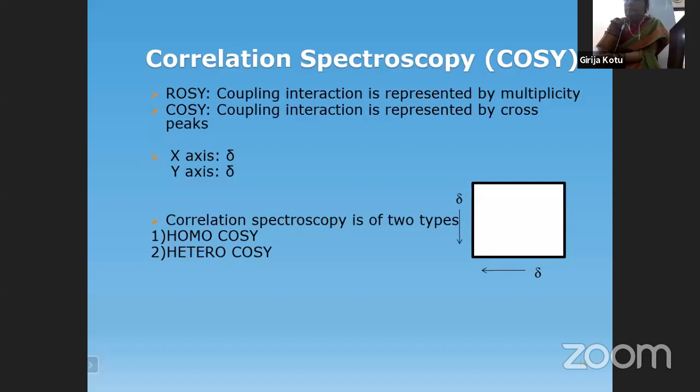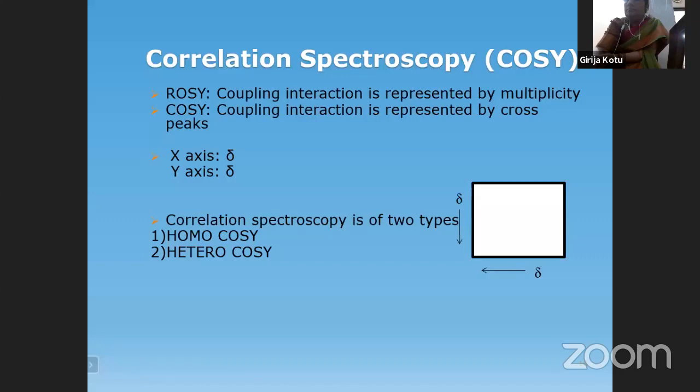The connectivity we have discussed so far, whether in conventional or 2D NMR, that is J resolved spectroscopy, is shown in the form of multiplicity. Whenever you observe a single peak, a singlet, it means it has no neighborhood. When it has no neighborhood, it doesn't couple and will not interact. For example, in the proton NMR spectrum of methane, you get only one signal because there is only one kind of proton. There are 4 protons, but only one set, so you get a singlet.